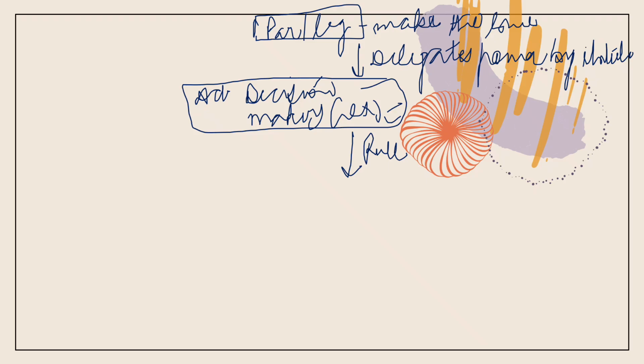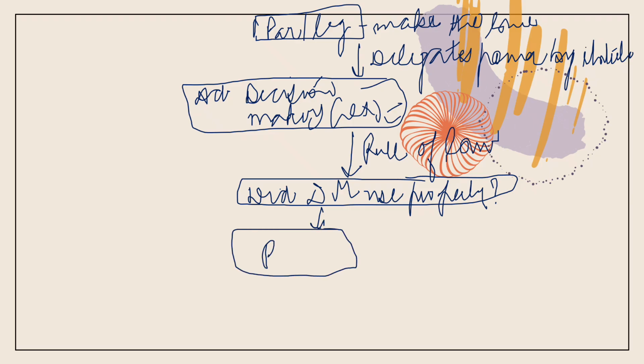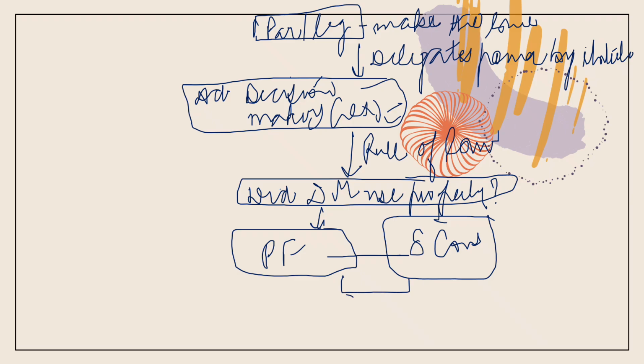These people have to go by the rule of law. So the rule of law question comes into the picture. And what is the question? Did decision makers use power properly? So this question of propriety comes into the picture. Now come three things. Here, procedural fairness, side by side, substantive constraints. When you go through these two things, it lands you at either